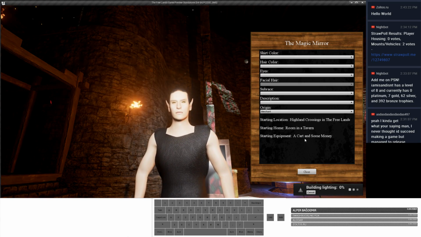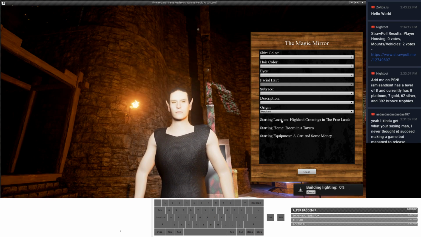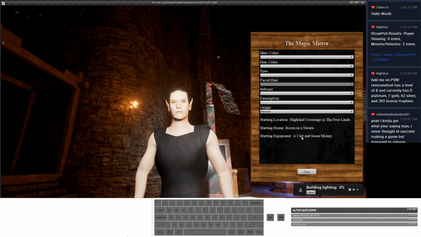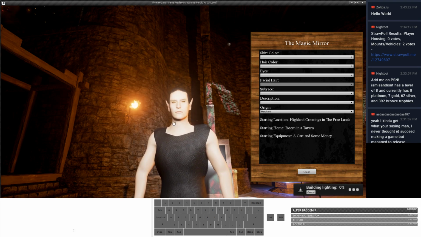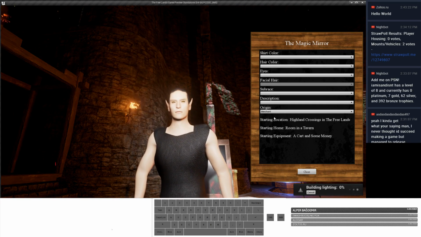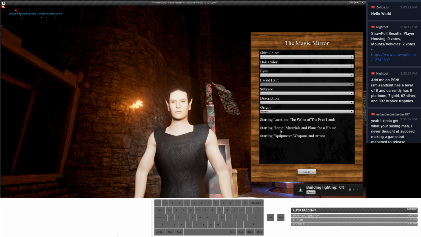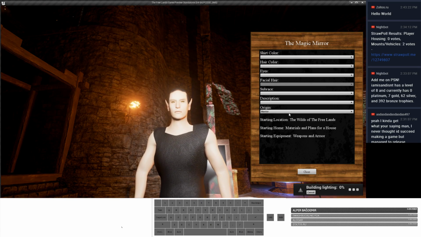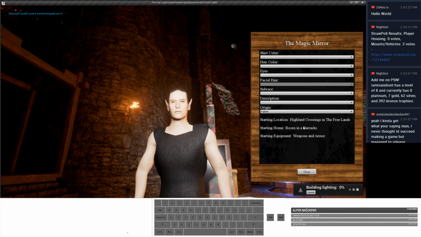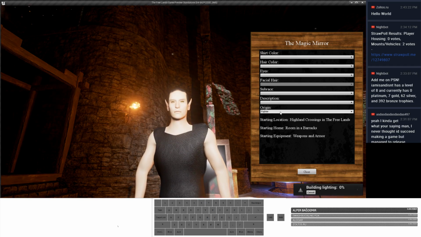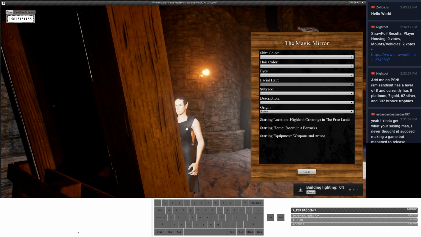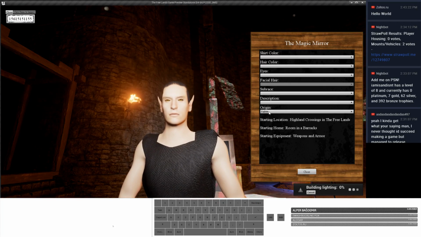So you could start in town with a cart and some money and a room in a tavern. I'm not sure about the cart part there. Maybe, actually, what I should do is say a shop, because I want you to be able to turn your character into an NPC that just stands there and sells whatever he's holding. So maybe you have to have a shop to do that. Then you can start as a warrior with weapons, armor, a house in the wilds, or a fighter with room in the barracks in town with weapons and armor. So that's if you just want to play the game like a good old typical action game.